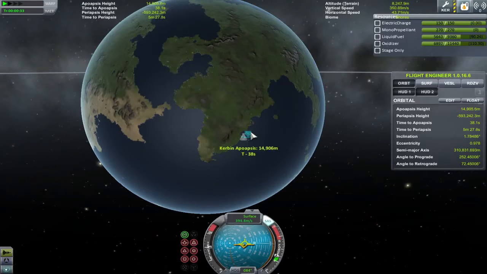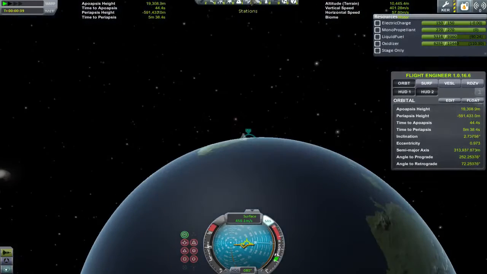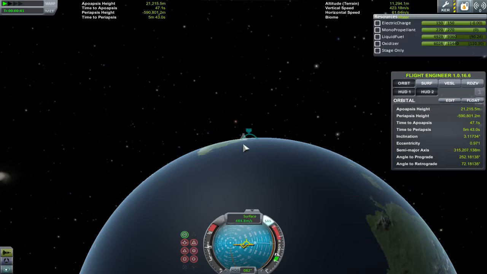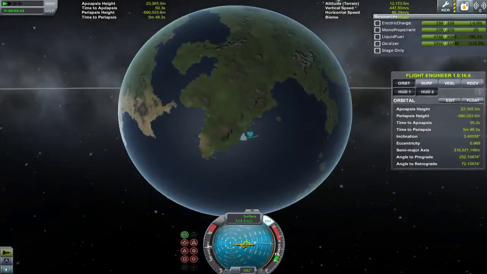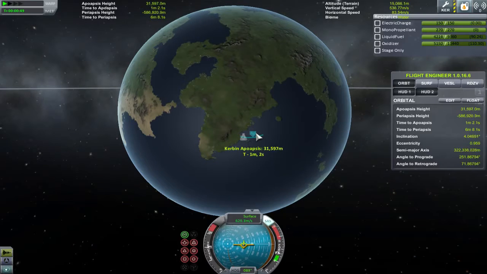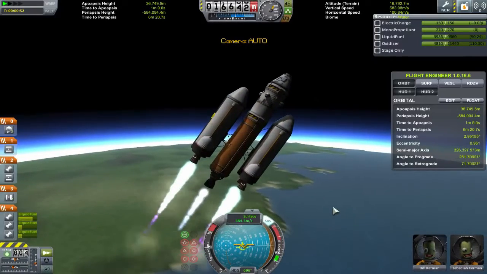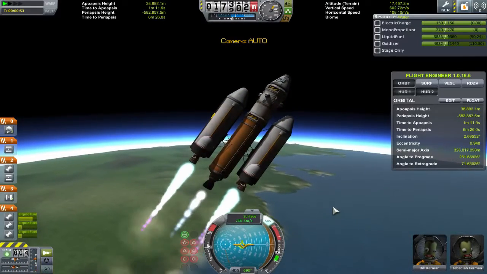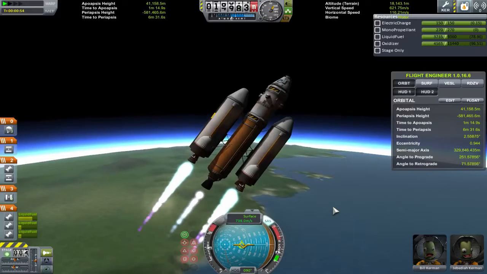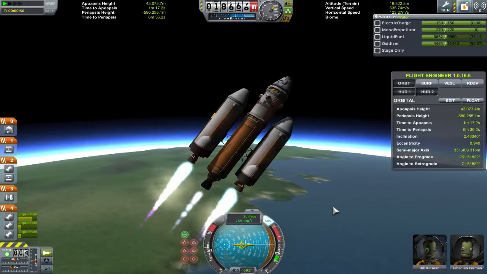Go ahead and switch back to your map view and you can see how high your apoapse is going to be. Your apoapse is the highest point in your orbit. If you were to turn your engines off, that's as high as you would go before you fell down. There's things to consider on Kerbin, like the atmosphere that'll pull you back. But it's a general rule of thumb. You could just think of it as the highest point you're going to go if you were to stop the